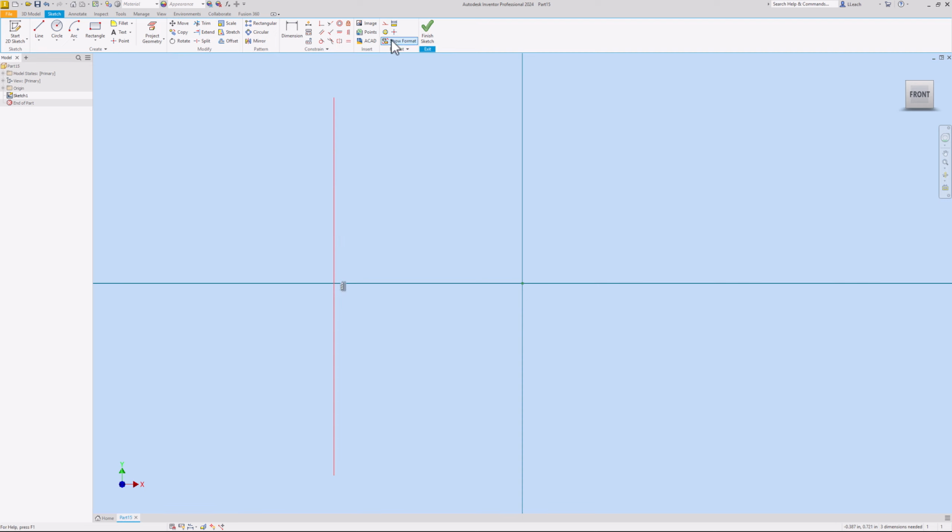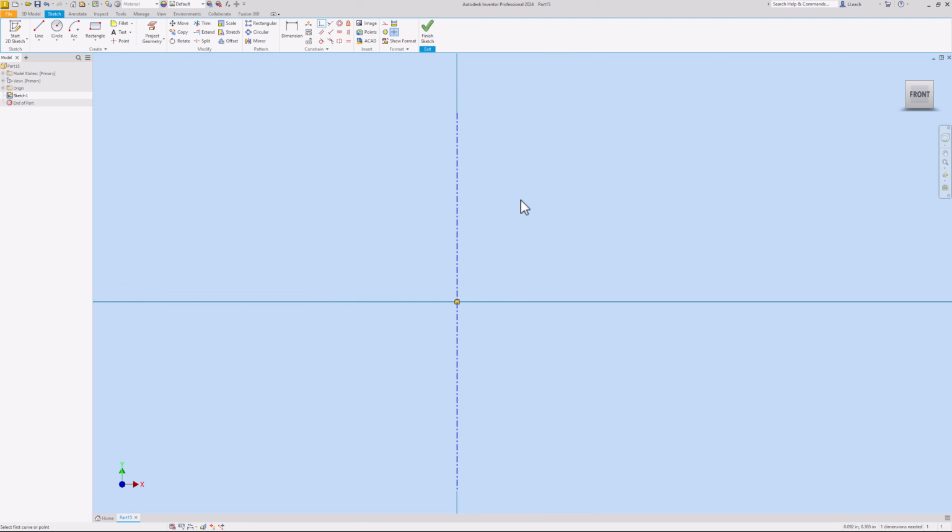I want to left click on this line to turn it into a center line. So under format, I'm going to click on the center line, and then what I want to do is move the middle of this line onto the origin. So I'm going to click on the coincident constraint, look for my midpoint, which is here, click on the center dot,